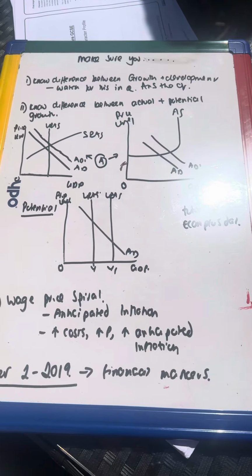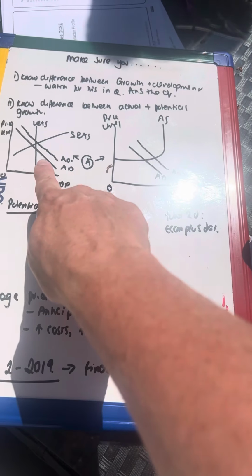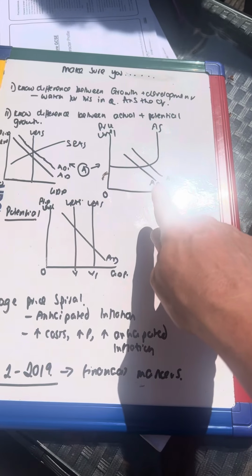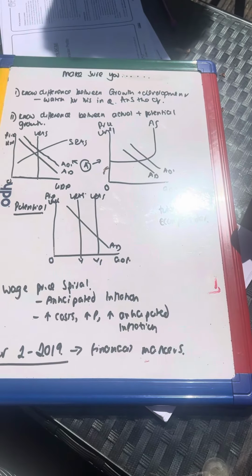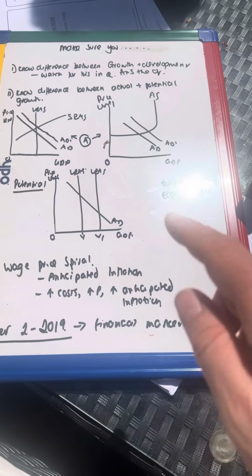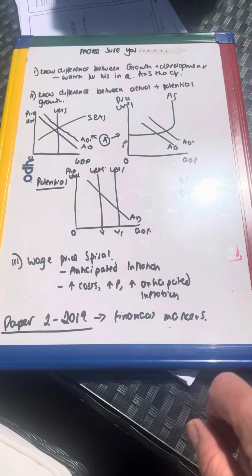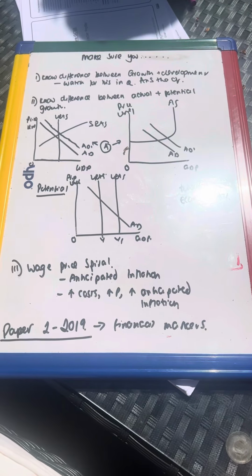Second, make sure you know the difference between actual and potential growth. So actual growth is a shift out of the AD curve, where it can be shown here from a negative output gap, or here with the Keynesian model, and potential growth is a shift out of the LRAS. This one's not been finished off here, it hasn't got your output points on, but I'm sure you could add that in for me.